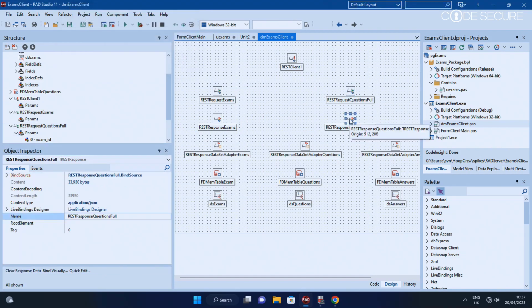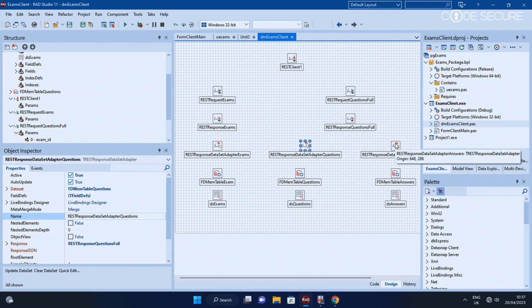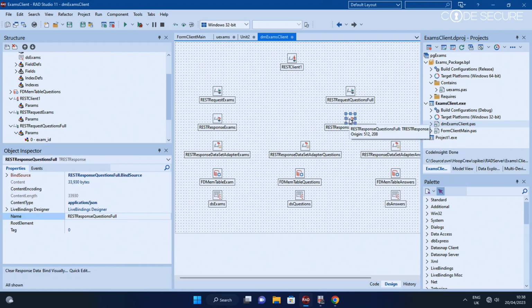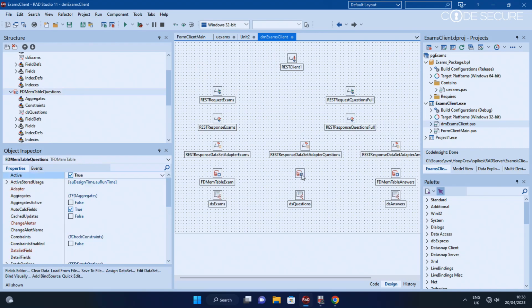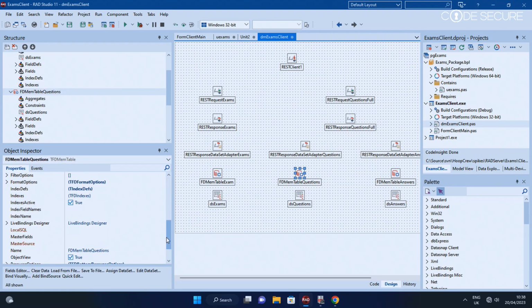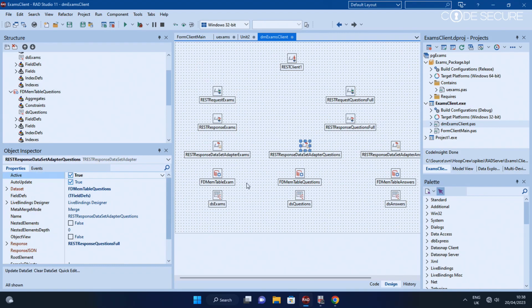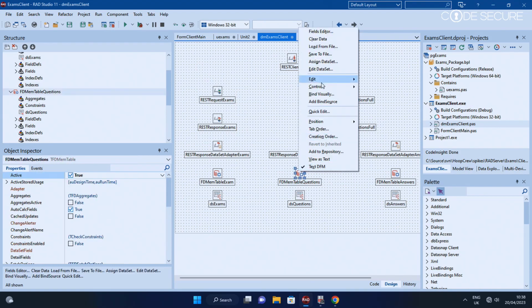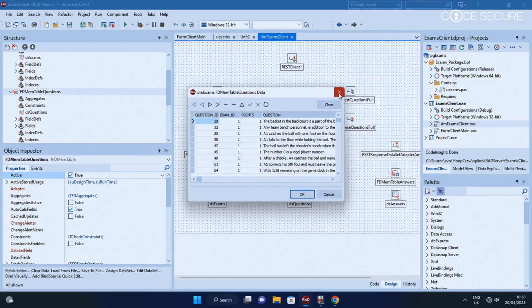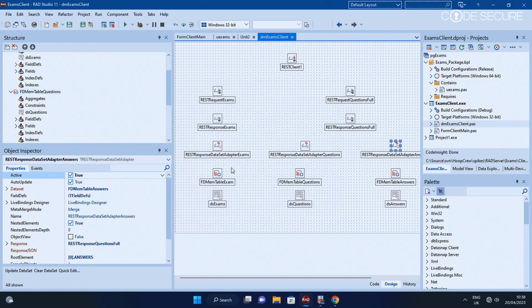So the response comes into here, but then I want to do two things with the response. I want the questions, and I want the answers. So I have two dataset adapters that are working off the same response. A single response is getting worked in two different ways. The first one is creating the mem table with the questions in. So here we see the questions. And the second one,